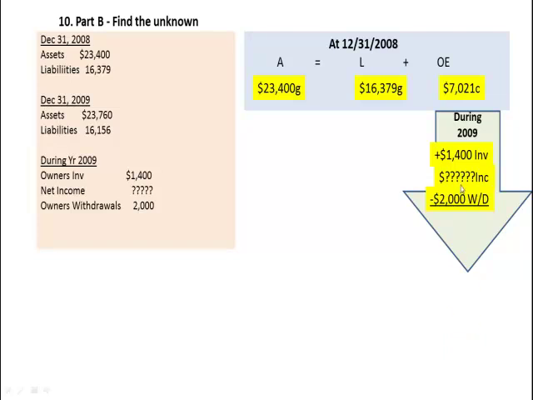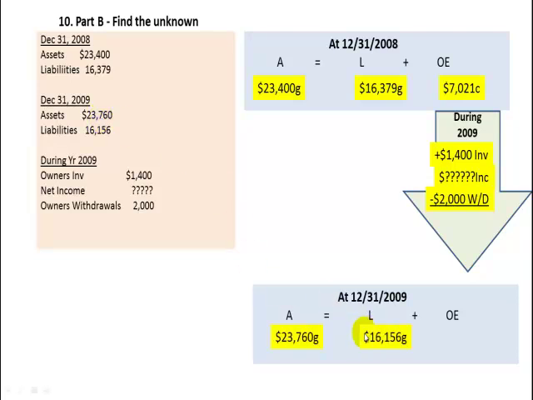But we can put down the accounting equation at the end of the year and plug in the things that we do know at the end of the year, which we did know that the assets were 23,760. We also knew that the liabilities were 16,156, and therefore we now can figure out what ending owner's equity should be, which would be the difference between the two, which is going to be